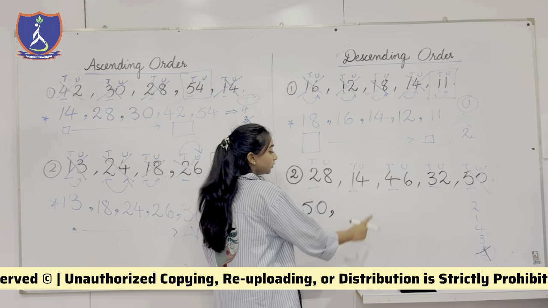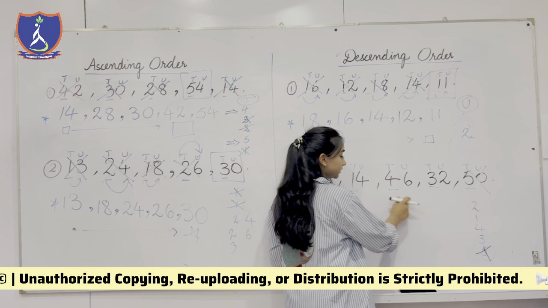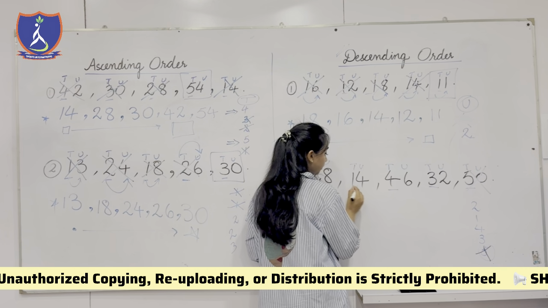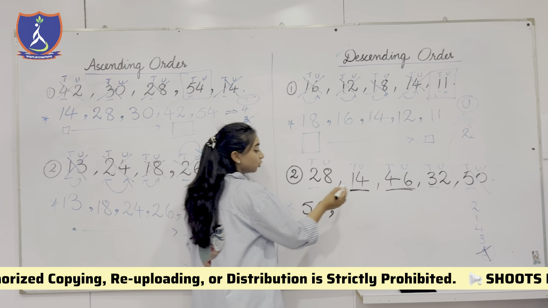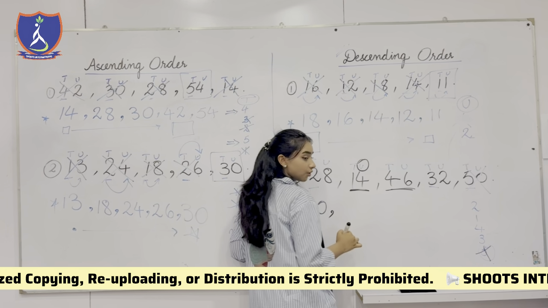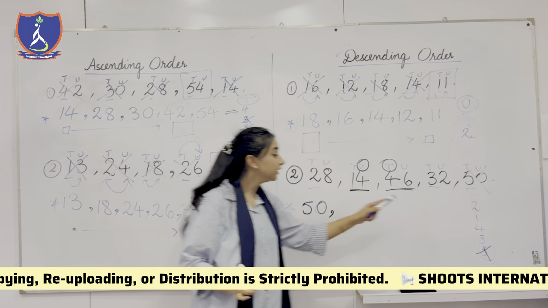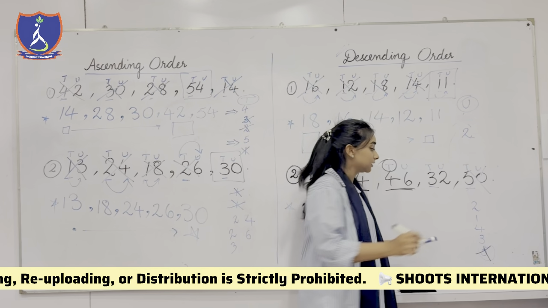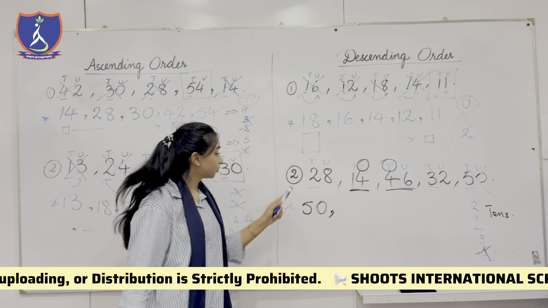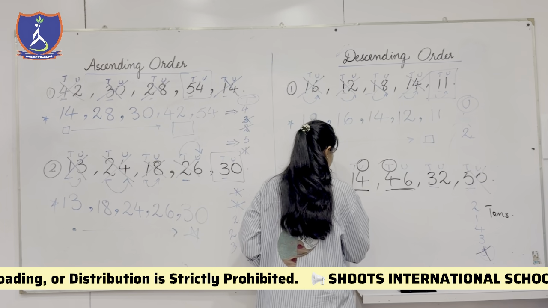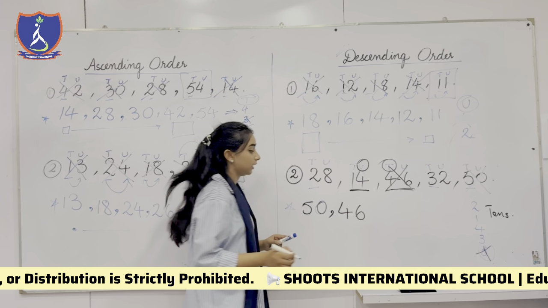Now look here. We have 1, 4, 14 and 4, 6, 46. Both of these numbers have 4. Look, this number has 4 and this number has 4. Correct? But over here, 4 is at the place of units, and over here, 4 is at the place of tens. And we are focusing on the tens number right now. So we are going to write this 46 over here, and it would be out of the game.